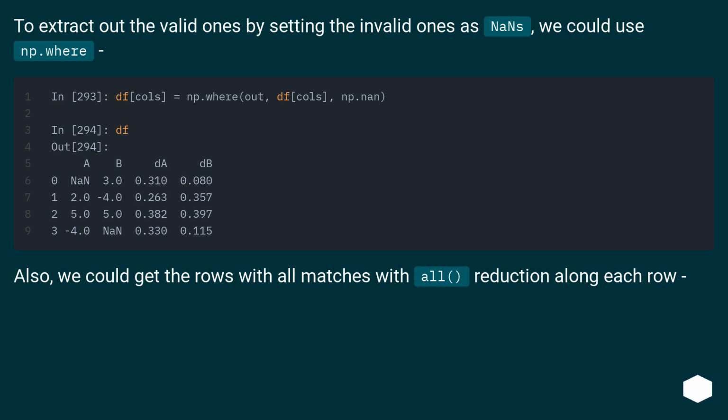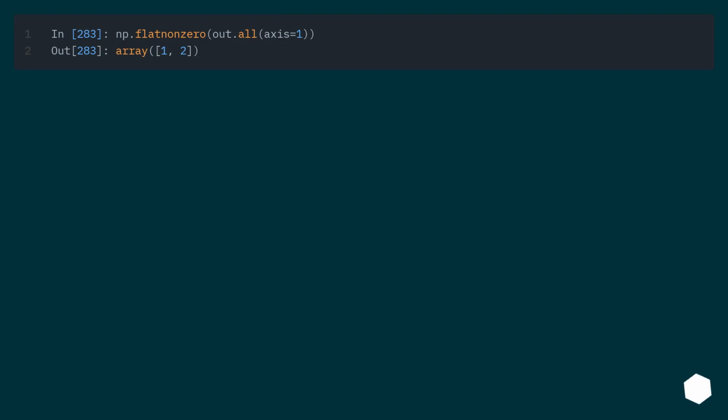To extract out the valid ones by setting the invalid ones as NaNs, we could use np.where. Also, we could get the rows with all matches with all reduction along each row. If you want to use your Pandas dataframe,